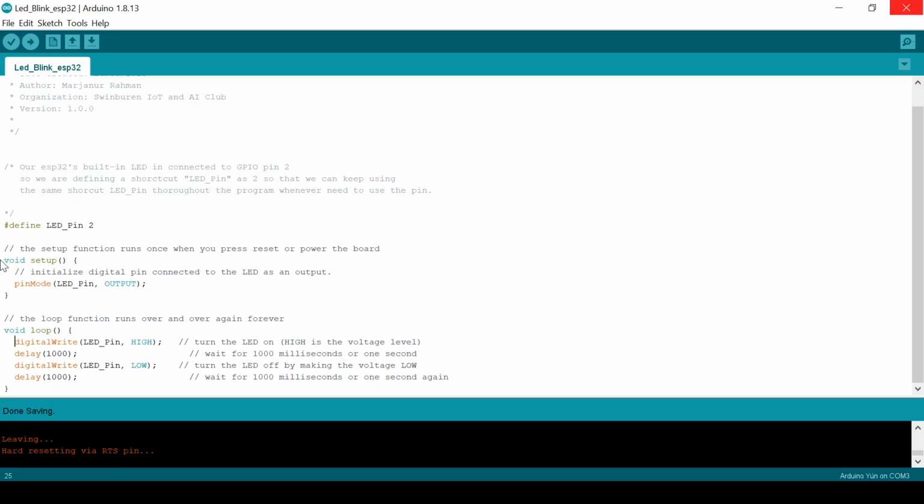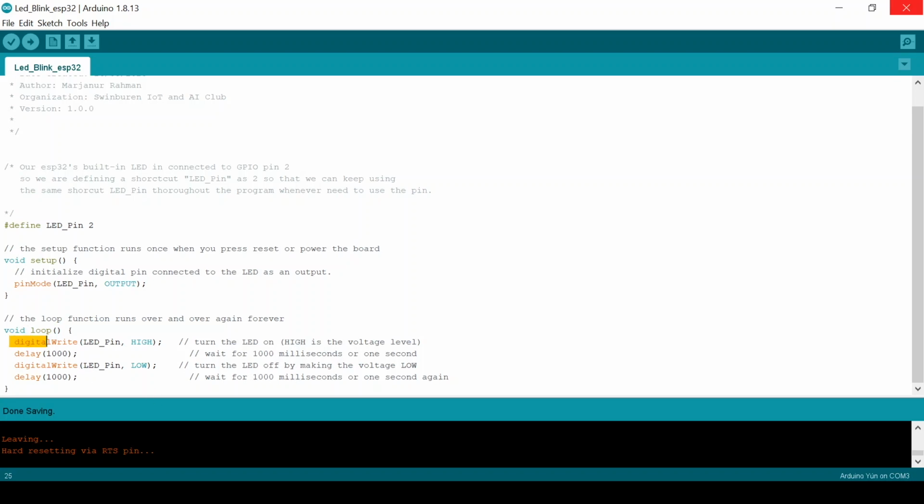So the first one is setup, wire setup, where we define our input output pins and any other setup that we need to do. And then there is something that is loop, which is the main program, or for C programmers, C++ programmers, this is the main function that we always use. So this is the main function for Arduino, which is called while loop. So in that we need to put our main code for the device.